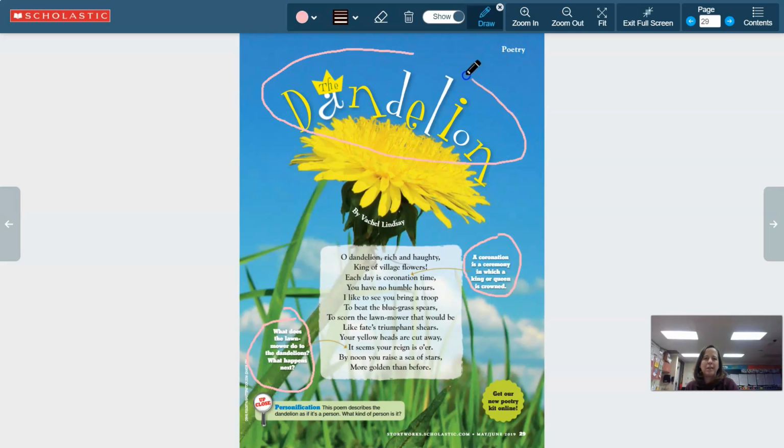So to me, it seems like the author of this poem has a kind of admiration for the dandelion in a way. As much of a nuisance as they are to some people, the author seems to think, well, it's rather funny how, as hard as a person may work to get rid of this dandelion or this king, it's not very easy. Okay, let's go back and take a look at the questions that we are to answer.